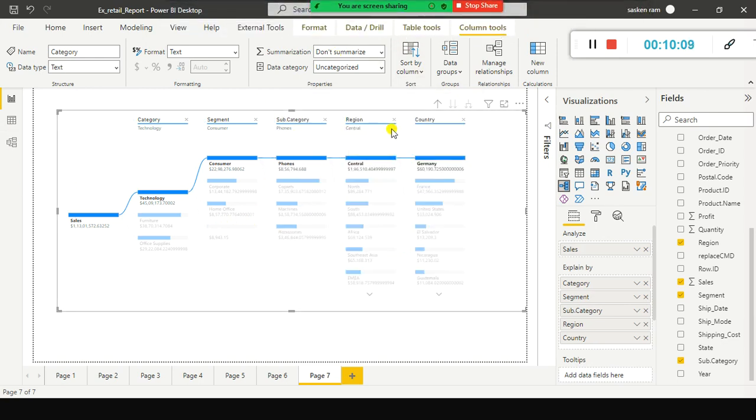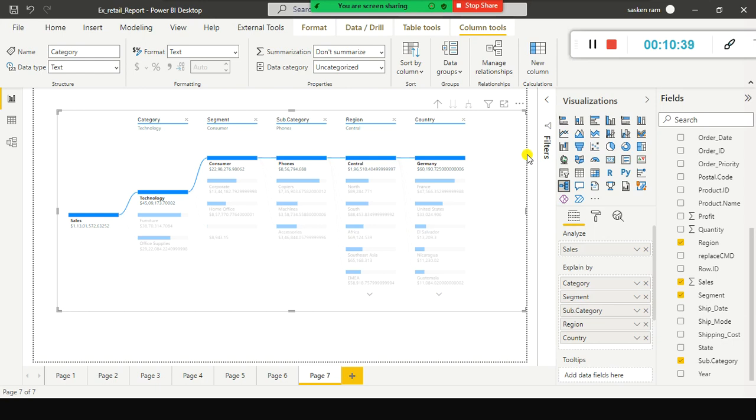So this is how you can explore the data. You can drill down and analyze the data in hierarchy, right? In hierarchy level we are drilling down and doing a quick analysis. But there are some limitations here. We can have a maximum of 50 levels in a decomposition tree, and it supports 5,000 data points at one time in the tree. But it does not support on-premises analysis services, Power BI report server, direct query and all.